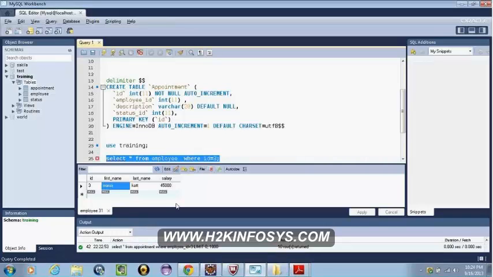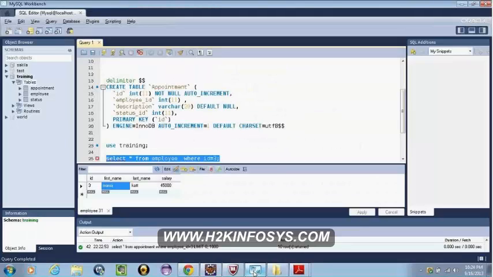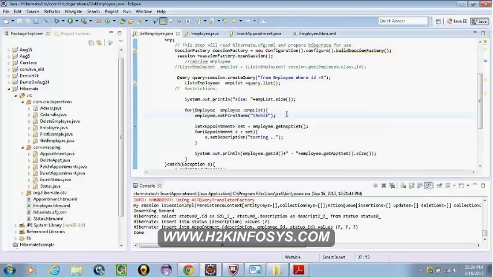When I execute this, the first name gets updated in the database. After I fetch, I modify some data and flush it to the session. When it says session.flush, it saves the changes and goes to the database.